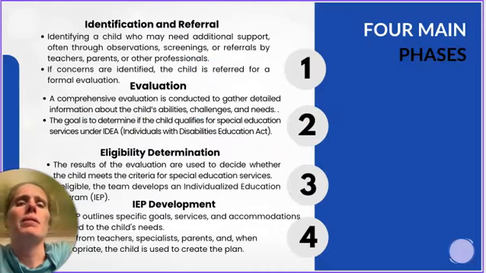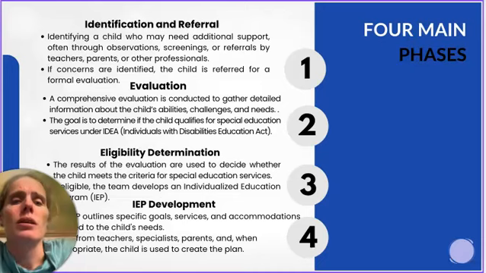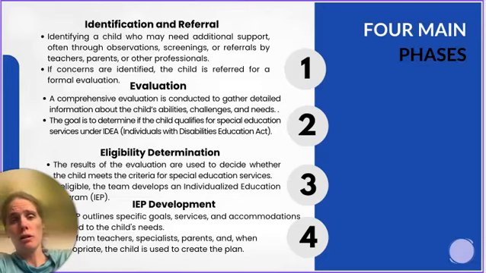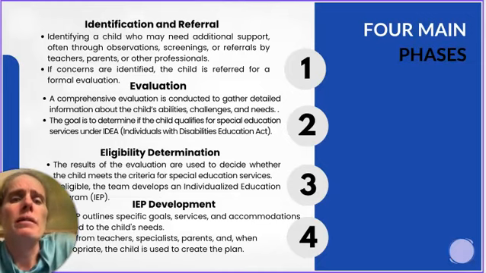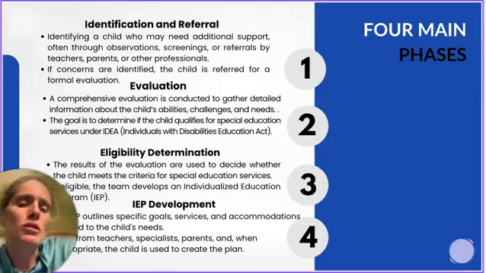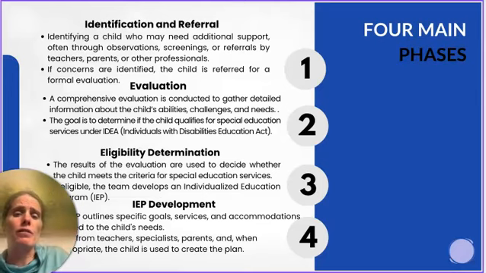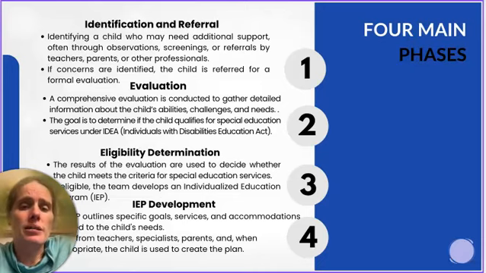The first 4 main phases in the IEP process is identification, and that could be either a parent identification and referral. That could be a teacher that has identified a student through observation, or we do RTI, response to intervention, to identify some students, or a referral from the parents. Then evaluation. So an evaluation is them doing all the testing that they need to do